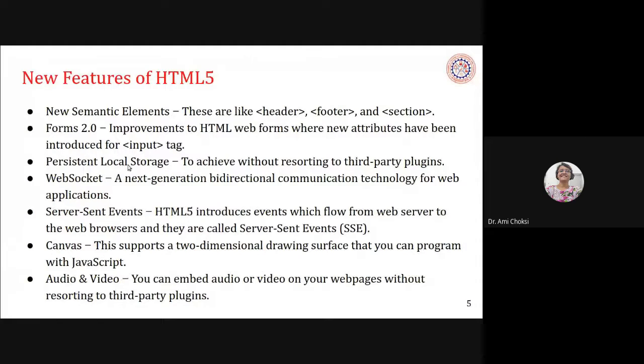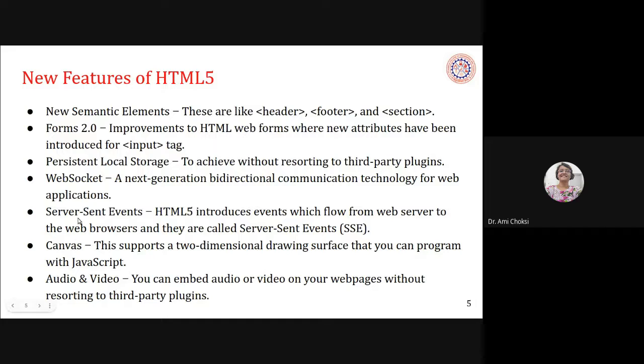So persistent local storage is there. WebSocket, we have just seen in the difference. HTML5 has WebSocket, our next generation bidirectional communication technology for web applications.